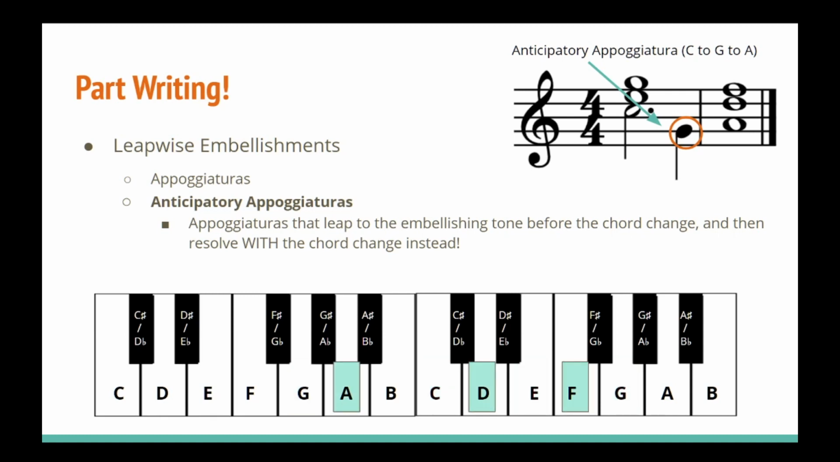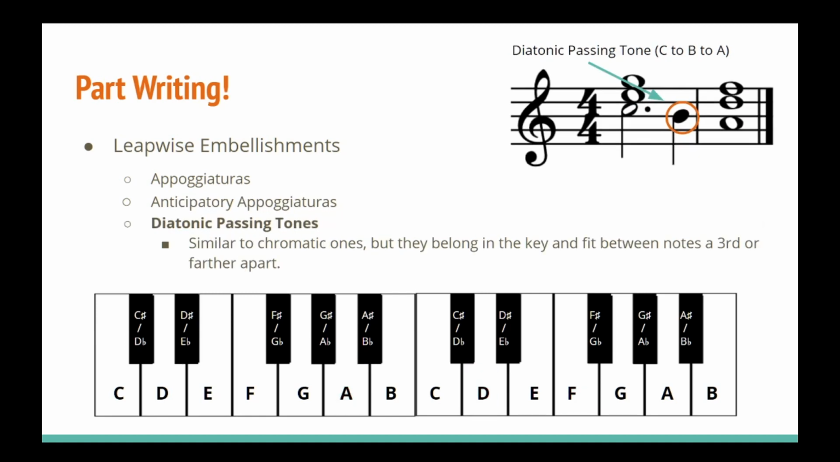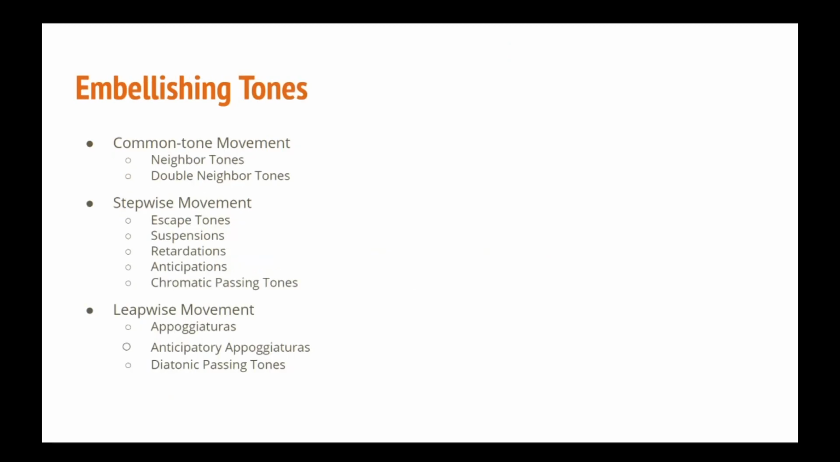Finally, diatonic passing tones, which are very similar to the chromatic ones we discussed earlier. They just bridge notes that are a third or fourth apart instead of a step apart. And that's it. We now have a fairly comprehensive list of different types of embellishing tones that you can use